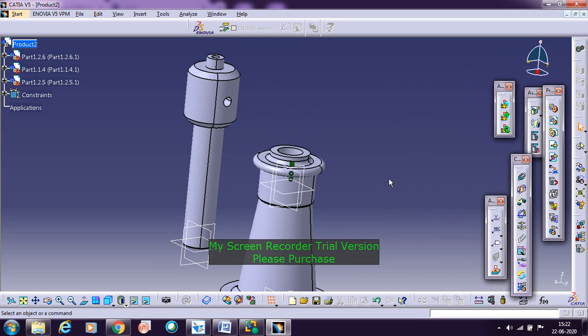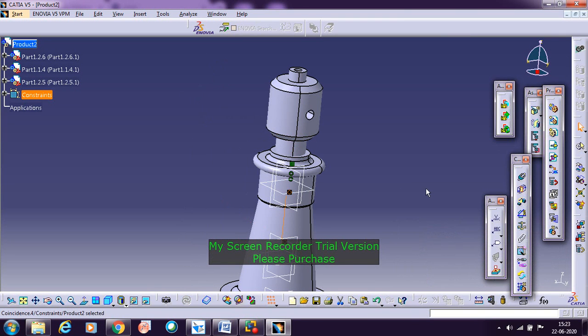Now the same way, go with the coincident constraint. Select the axis of this object, and then click update, so that both the axes will be in line with each other. You can leave the gap here, because it depends on the height of this screw spindle. With respect to this screw spindle you can raise and lower the platform of the screw jack. For that reason there is no need to make a contact constraint here; you can leave a slight gap in between. Now we need to call the next part, the cup.